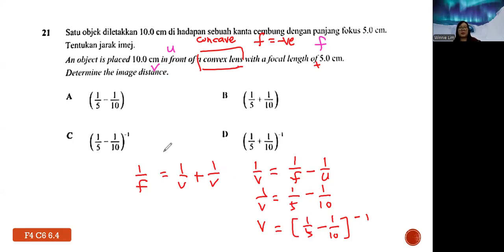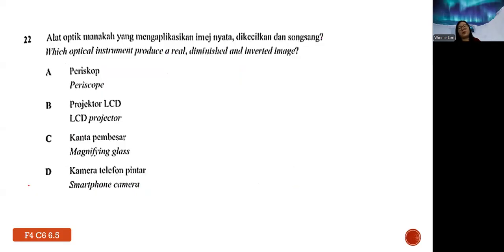So A, B, C, D, C will be the correct answer. 22. Which optical instrument produces a real, diminished, and inverted image? Okay, again, same teacher always mention one, you need to know the concept of the 6